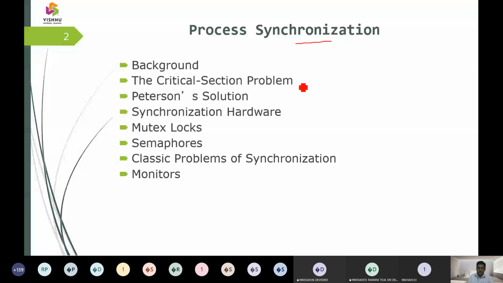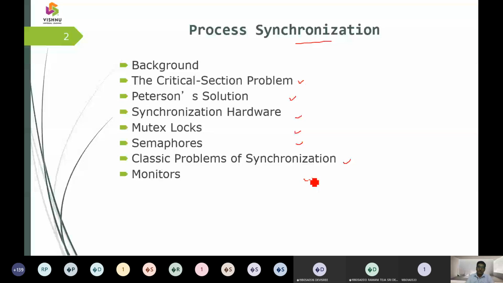It can be the critical section problem, Peterson's solution, synchronization hardware, mutual exclusion, semaphores, the dining philosophers problem, the producer consumer problem, and monitors. These are all examples of process synchronization. Two or more events compete at the same interval of time for the same resource. Then the problem is to which device it has to be given. There synchronization comes into the picture.